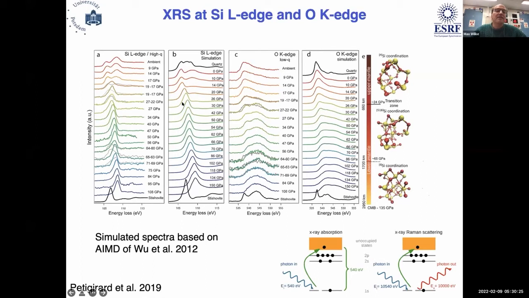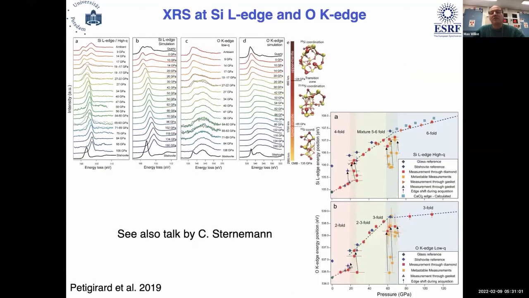To understand these changes in the spectra, you can either do fingerprinting or you have a structural model based on molecular dynamics simulations. That's what we had, and this is based on the paper by Wu et al. in 2012. So we could simulate spectra, and they show not exactly the same spectra, but exactly the same relative changes as a function of pressure for both the silicon and the oxygen K edge. And if we now go a step further and try to interpret these spectra in terms of changes in the structure, we can come up with